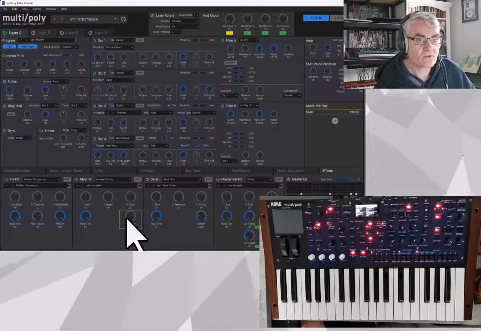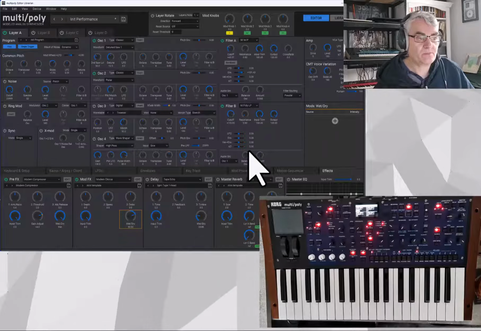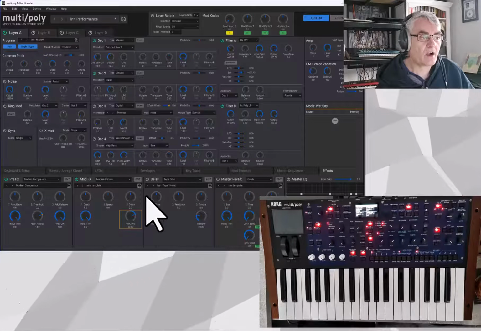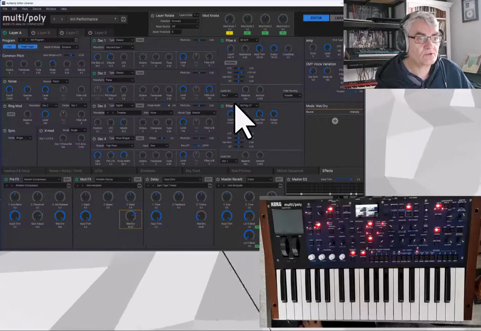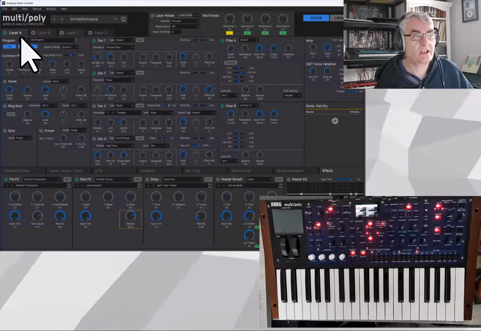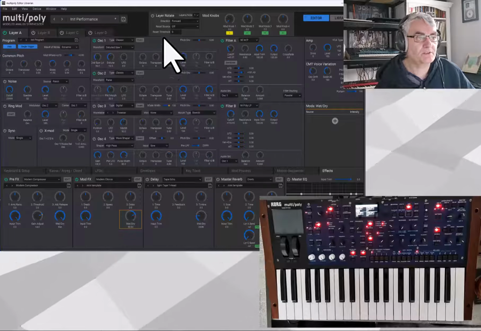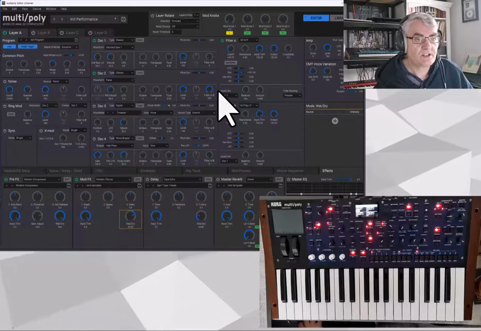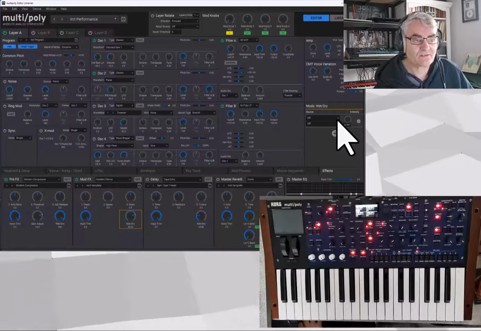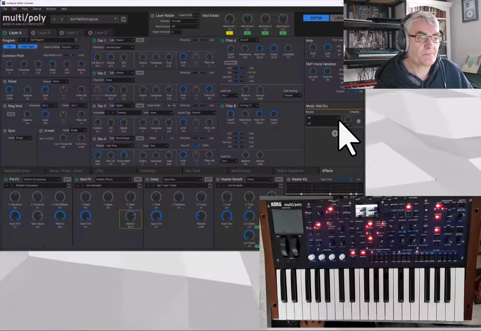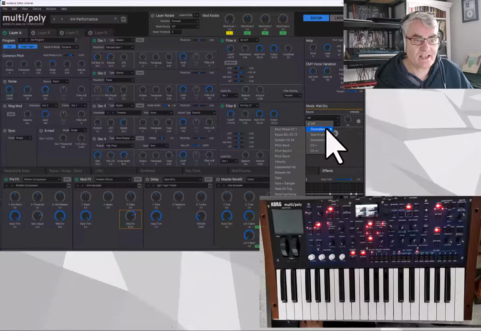The wet dry. Now this is slightly different on these because they are applied across the 4 layers. Most of everything we looked at so far is on a per layer basis, and we got 4 layers, so we can stack up 4 different sounds. The effects one is kind of global. It's across all 4 layers, so you get